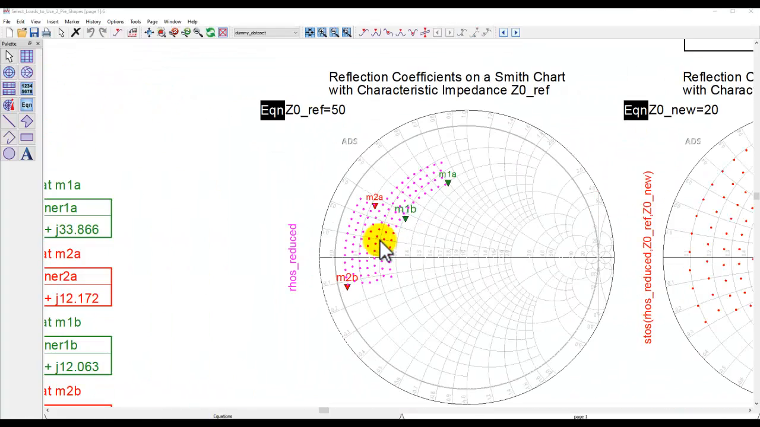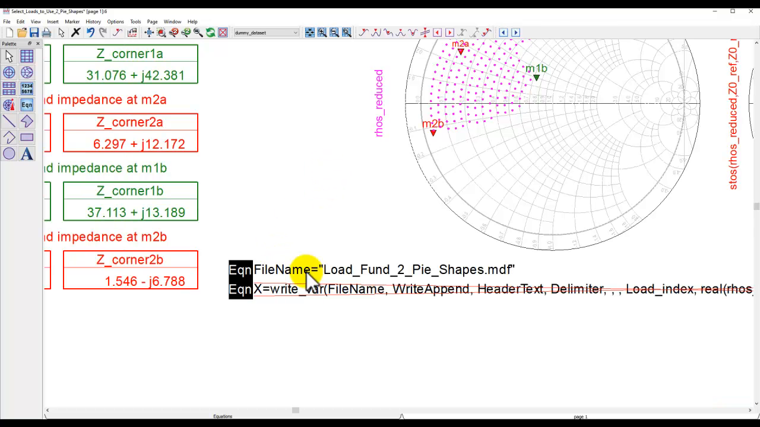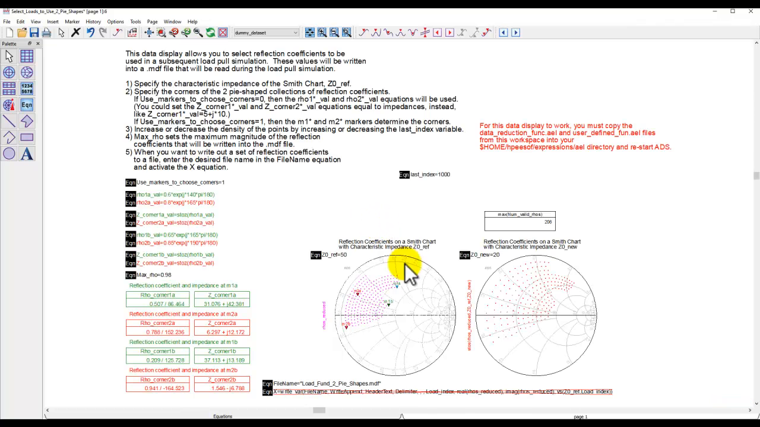And again, here you can see I have two corners marked with red and green. When you select these marker corner points, you can come up with totally arbitrary looking regions in the Smith chart to perform your load pull. The rest of the concept remains the same. At the bottom, you define your file name, activate to write out the file, and then use it for your